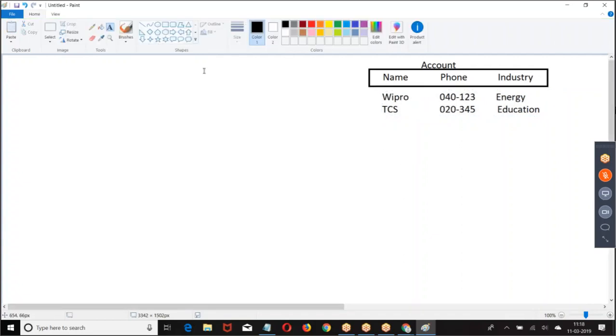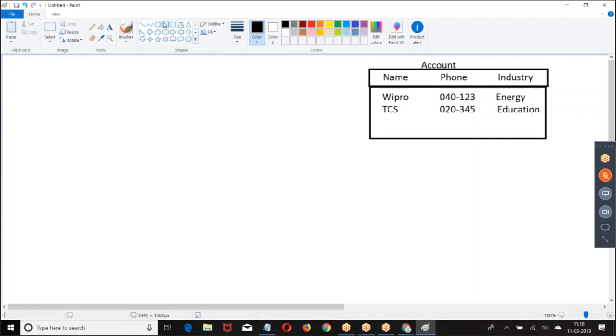This is how we have the table. This is the data I have. Now tell me, in how many ways can we insert the data? I can go to page layout, click on new, and insert the record. I can create a list of records and insert. I can go to data loader and insert the record. I can go to the anonymous window and insert the record. So I can insert the record in multiple ways.